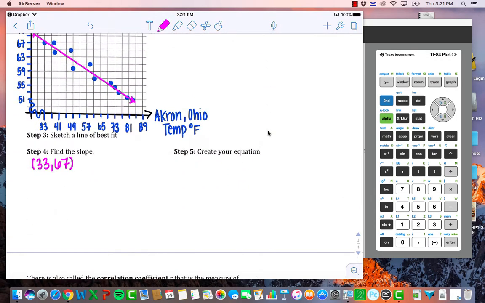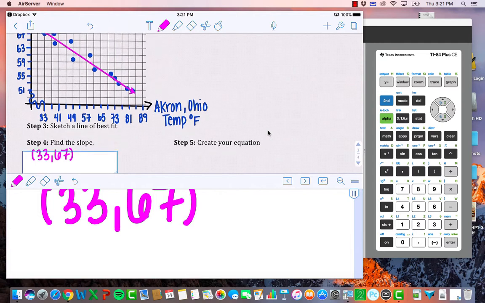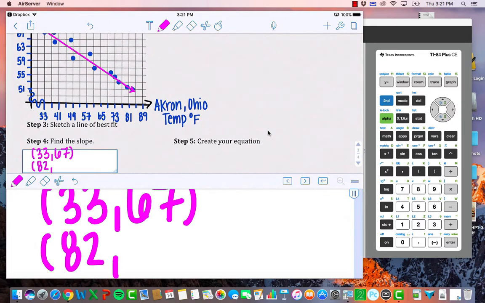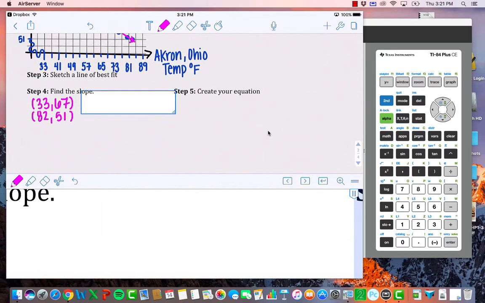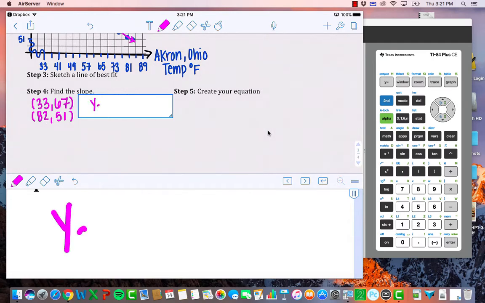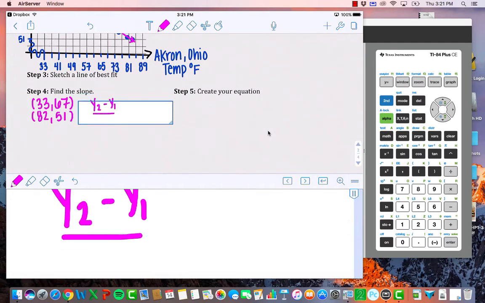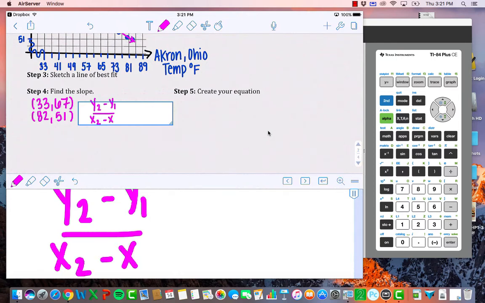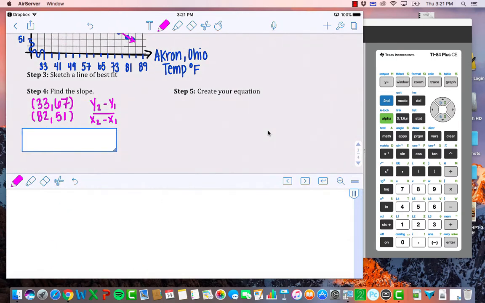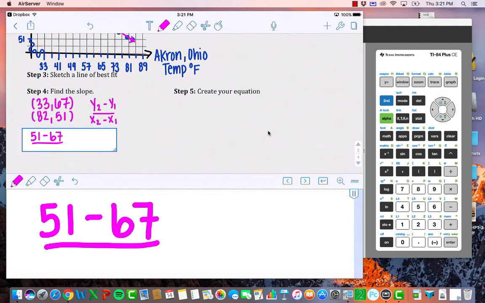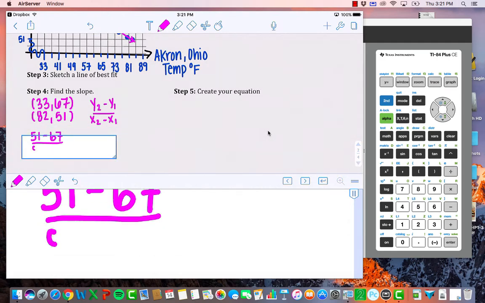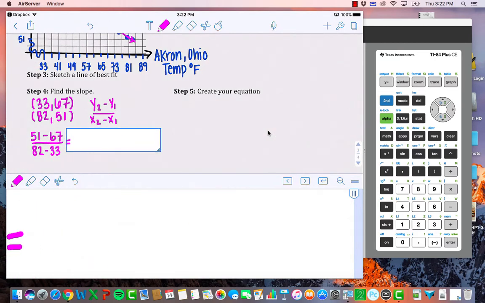And 82, 51 as my points. And now I'm going to use those points to find a slope. So as usual, y2 minus y1 over x2 minus x1, which is 51 minus 67 over 82 minus 33. This is negative 16 over 49,